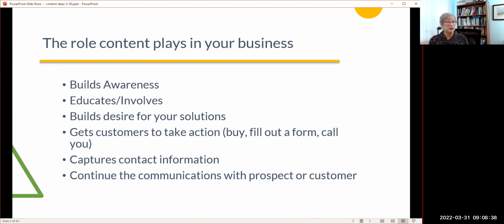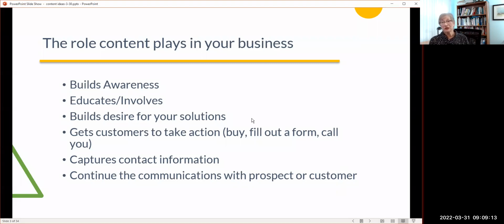And then your content has to get people to take the action that you want. You have to get them to buy a product, or to pick up the phone and call you, or to send an email, or to get involved if you're running a content site, to read your content and look at the advertising and other things that make you money. The other thing your content has to do is to encourage people to give you their contact information so that you can get them to come back again, and you want to continue communications with your customer.